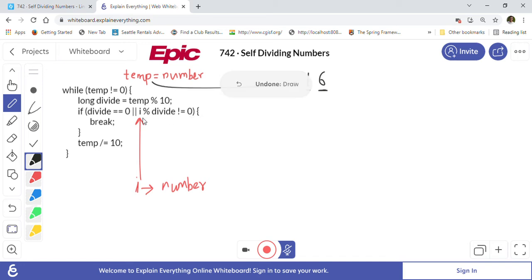The remainder will be 4, since 6 into 2 is 12, 12 plus 4 is 16. So the remainder is 4, which is not equal to 0, so this condition will be true and it will break out of the loop.